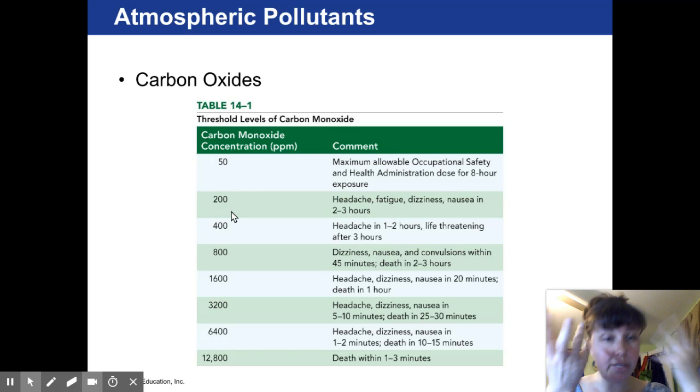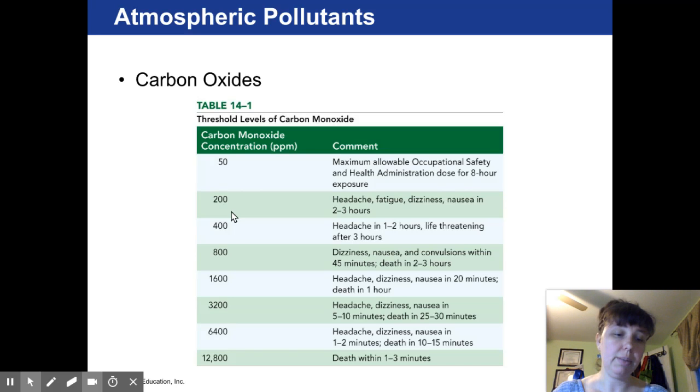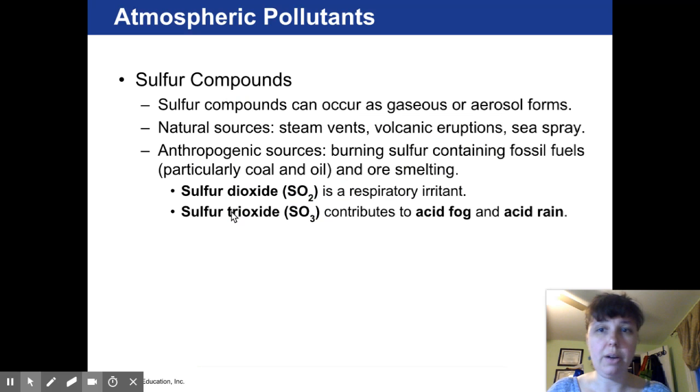If there are high amounts of carbon monoxide, you can't be there. It's incredibly dangerous, which is why you hear of those very scary stories where people did something silly during a storm, where they lost power and they went to start a generator, but they left the generator in the garage because it was raining, and they ended up poisoning themselves and their families with carbon monoxide. So when you are playing with a fossil fuel, which will produce carbon monoxide, make sure that you have proper ventilation so